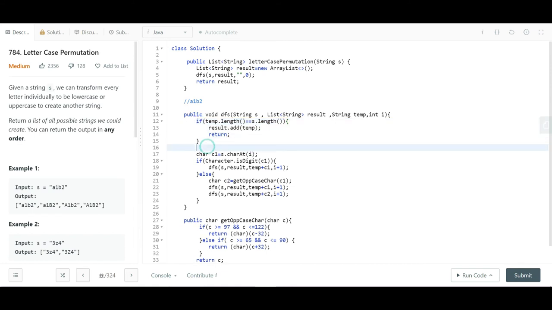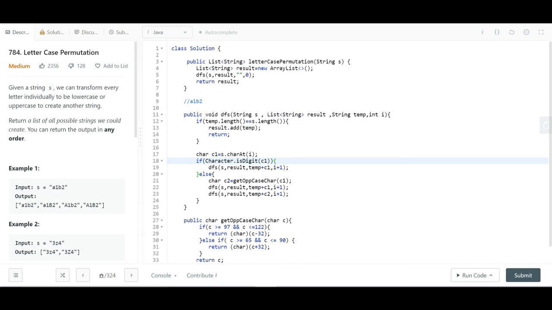Now what I am doing, I am checking the character which is present in that index position. Firstly I have sent 0. So in the index position of 0, or here it is passed as a variable called I. What is the character I am checking? For this example A1 B2, I got A. So the character C1 is now A. Then I am checking if it is a digit or not. If it's a digit, then the flow is simple because one time I have to call the recursion. But if it's not a digit, then for lowercase one call will be there and for uppercase one call will be there separately from that position.